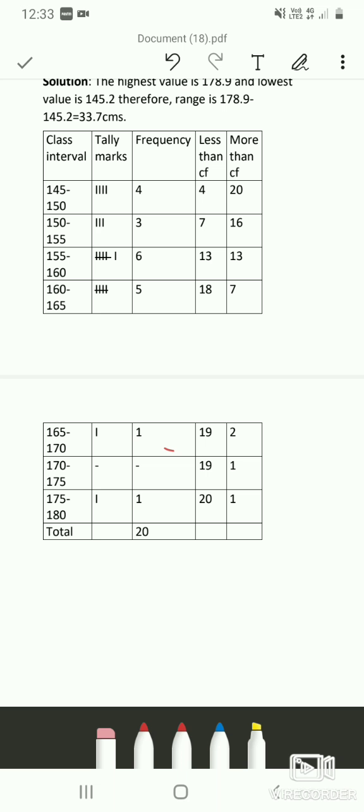In section C for 15 marks they may ask a question such as explain the methods of collecting primary data with relative merits and demerits. There you have to write what is primary data, the methods of collecting primary data along with their merits and demerits. So this is the question paper pattern for the first unit.